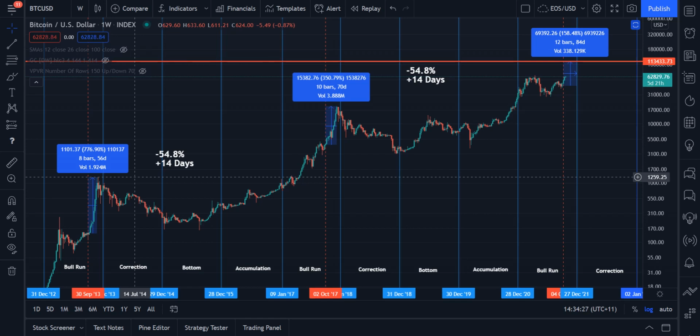And obviously that 4-year cycle theory is lengthening, and we are seeing diminishing returns. Obviously, the bigger the crypto market gets, the harder it is to move it upwards, and the bigger it gets, also the longer the moves take. So lengthening cycles and diminishing returns are happening, but even with that taken into account, we should be topping out in December in this bull market on Bitcoin, and altcoins should be topping out in January, right? So that's one way to look at it. That's one way to time the peak.